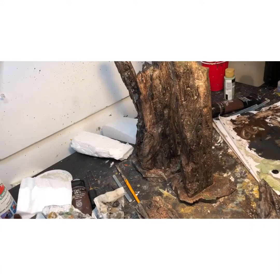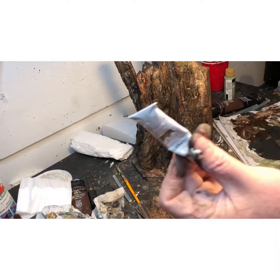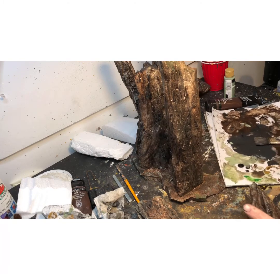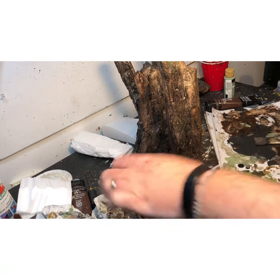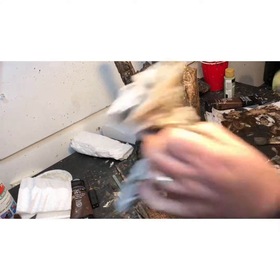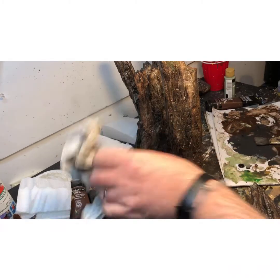All right, guys, now we are going over it with a brighter green, more of a forest green, if you will. I'm doing it in a very watered down pattern. Hang on, let me just mix this bad boy up. Literally, really super watered down. You're still kind of dabbing it, but if it's watered down and it's dripping, it's okay, because what we're gonna do is we're gonna take it from the base,